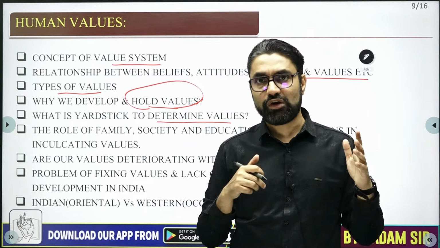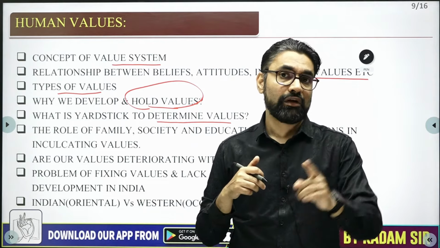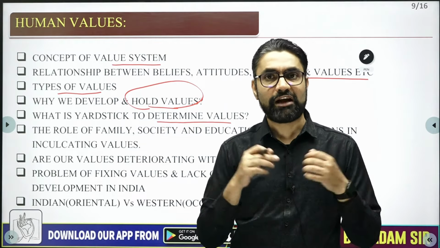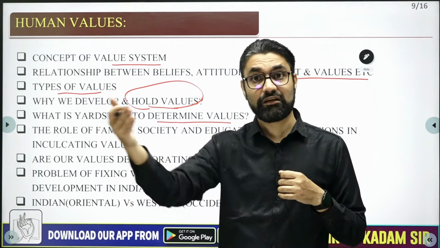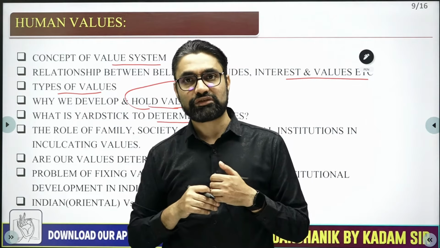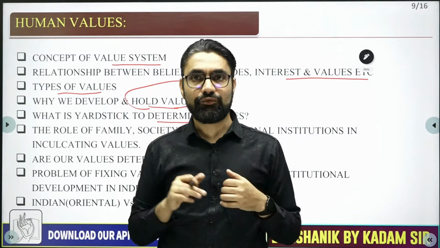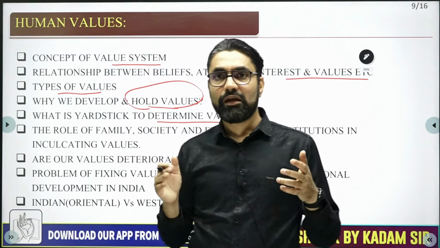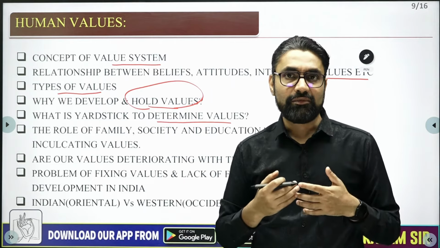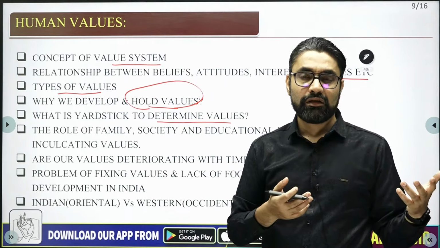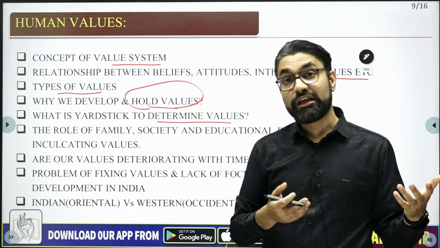You drink as much as you want, but don't drink and drive and risk the life of other people. So drink and drive is a bad value, because it risks the life of people, it comes at the cost to the society. So whatever you do should not be at the cost of society is a general law. Then what are today the parameters to decide what is good and bad? In the past, religion decided that, but should we still use religion to determine what are good and bad values? So the yardstick to determine values.